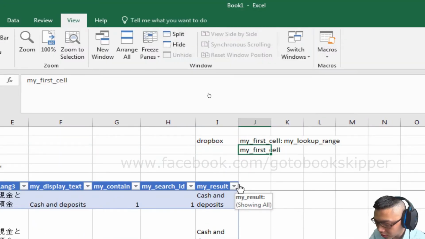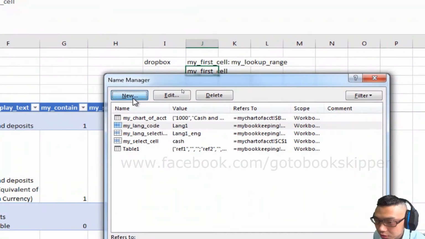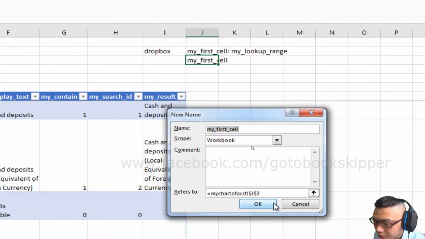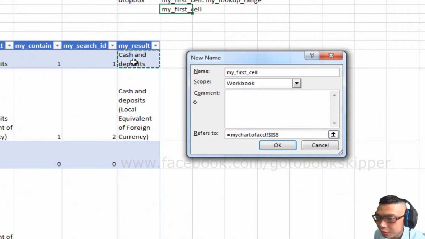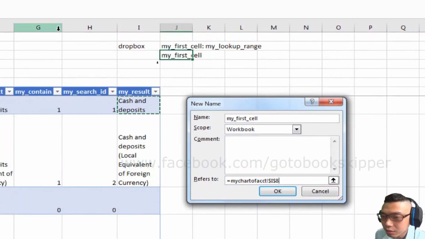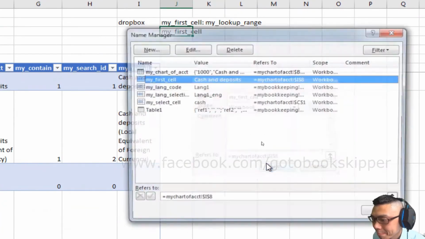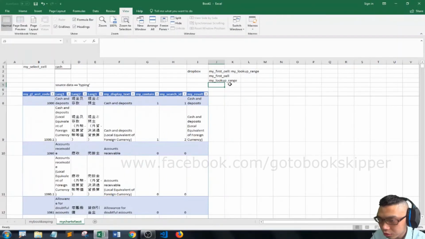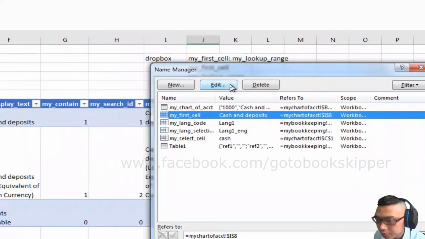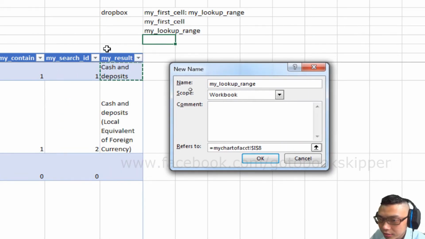For my first cell, let me press Ctrl F3 to open up the Name Manager. Just click New and name it my first cell, and for refers to, backspace to delete that, and click the first cell of my result column because I'm going to use it as the first cell. Close it, and then I will name the range my lookup range. Ctrl F3, open the Name Manager, and click New. Name it my lookup range, get rid of the original stuff,